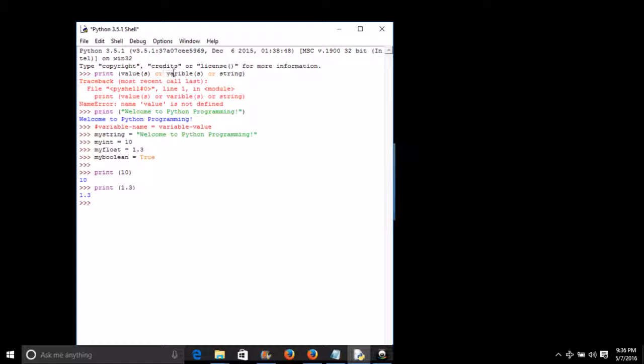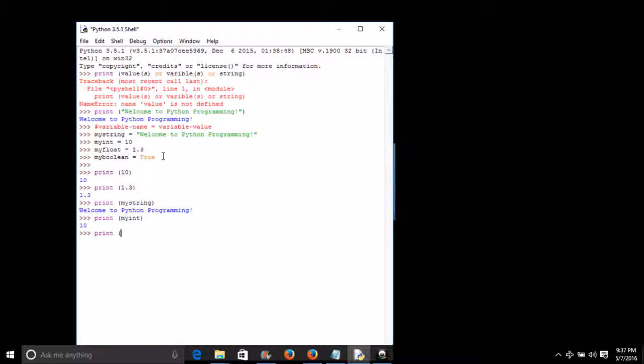So now we will try accepting variables, using the variables that we already defined previously. We will type print my string as our first variable, and it prints welcome to Python programming. The next example is print my integer, it will print out the 10.